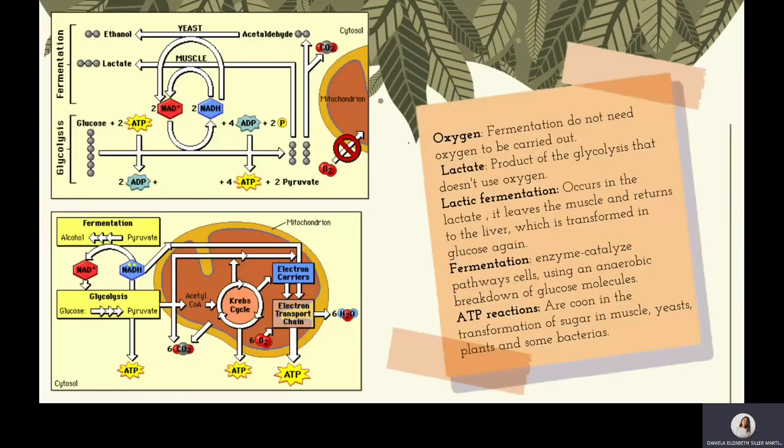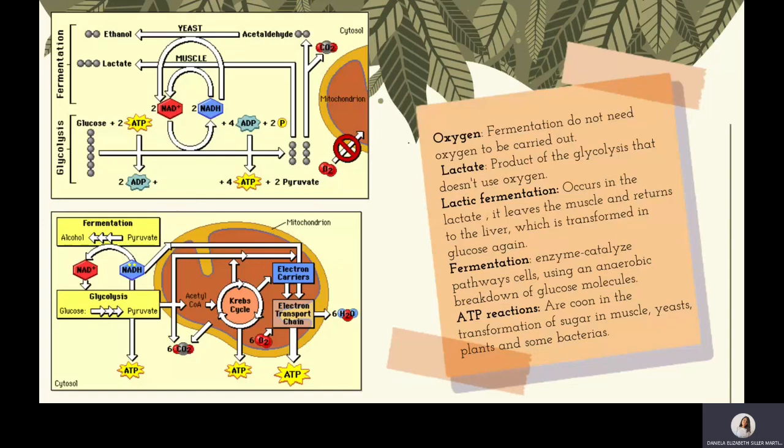Now we have the keywords of fermentation. We have oxygen. It's a keyword for fermentation because it's important to know that fermentation does not need oxygen to be carried out. Then we have lactate, which is a product of the glycolysis that doesn't use oxygen. In lactic fermentation, the lactate leaves the muscle and returns to the liver, where it is transformed into glucose again. Then we have the keyword fermentation, which is an enzyme-catalyzed pathway in cells using an anaerobic breakdown